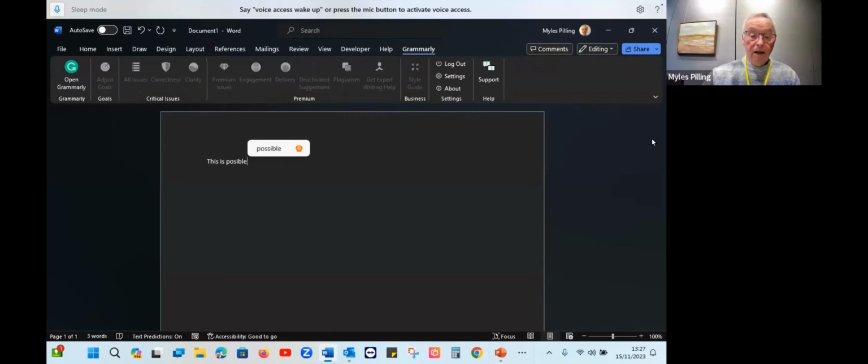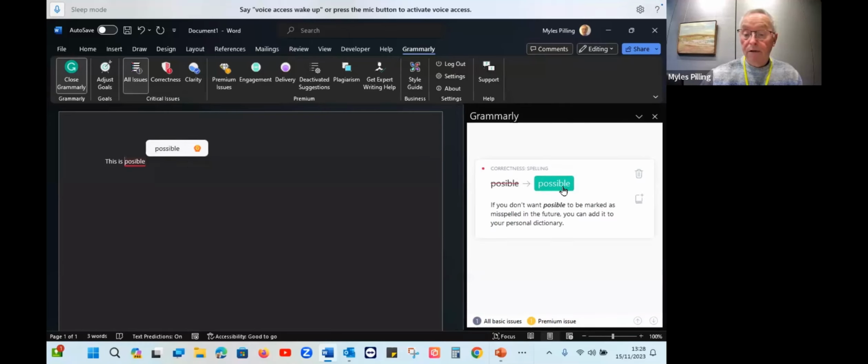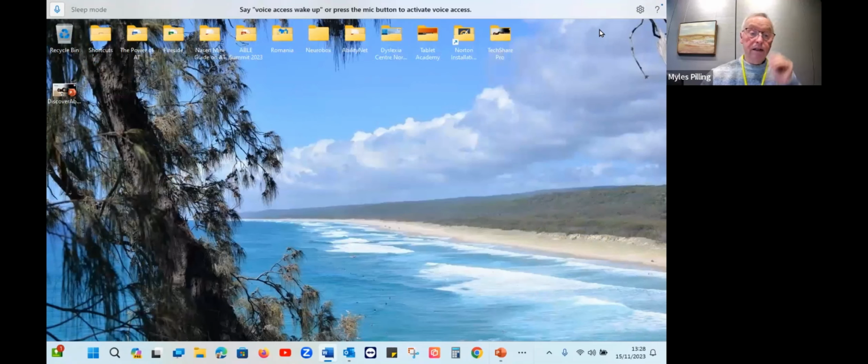I open up the add-in, which is free, and hopefully you can see there are two possible things that I can do. It's picked up the misspelling. I've also switched on something called typing suggestions, which gives you another way to make it work. But let's choose that one. It shows you where you went wrong, and it shows you the possibility. There is no cost to this. It's built into the device.